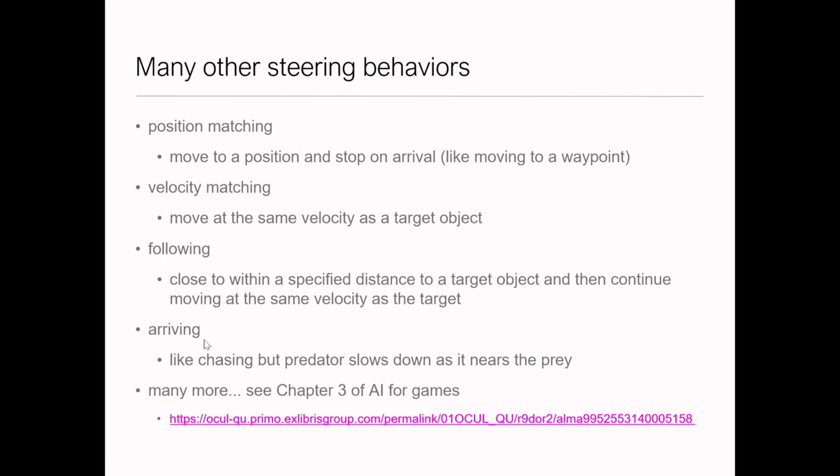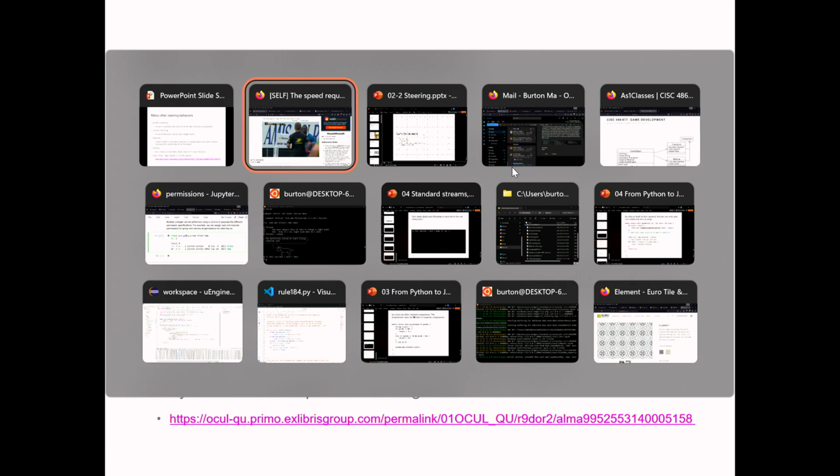Arriving is like chasing, but the problem with chasing, especially if you have a predator that's much faster than the prey, is that the predator often overshoots the prey. The way to solve that is to start to slow down or change the speed of the predator as it gets closer to the prey. So as you get closer and closer, you set your speed closer and closer to that of the prey. That prevents this overshooting problem where you end up running past the prey and then have to adjust your path to go back. You can keep on going on and on. So chapter 3 of this book here, which is in the library,